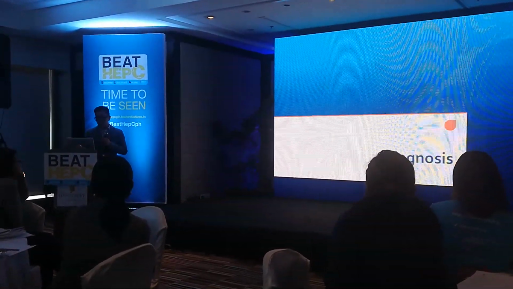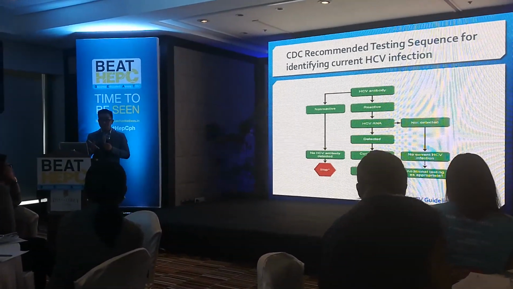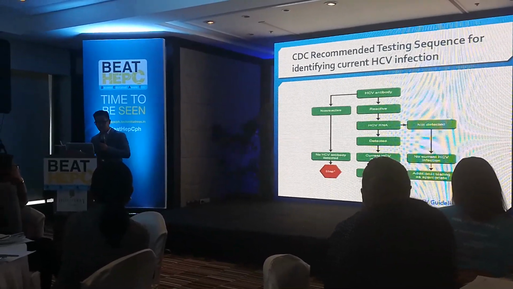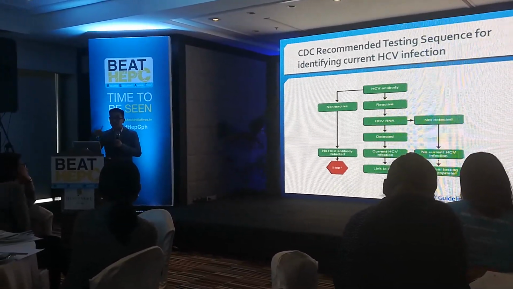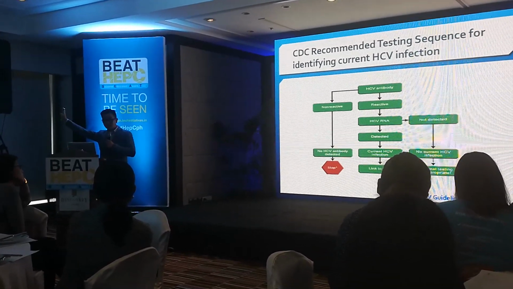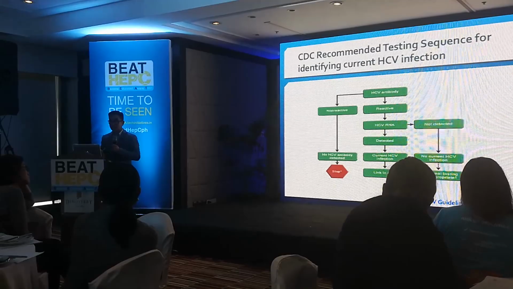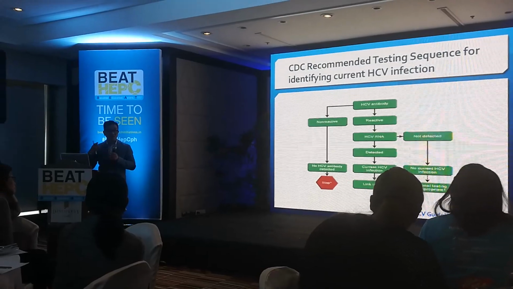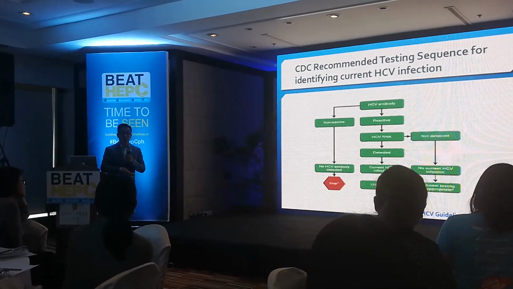Okay, how do we diagnose? So this is the recommended testing sequence. So the screening test that we use is the antibody to the hepatitis C virus, yung tinatawag natin anti-HCV. So if you turn out to be positive to the hepatitis C virus, it doesn't mean that you're currently infected. Ang ibig sabihin lang, you were exposed to the virus, either before and you're cured already, or you're currently infected. So how do we differentiate one from the other? We need a test to determine the actual viral count, meaning yung actual number of virus in your blood. So that's what we call the HCV RNA test.